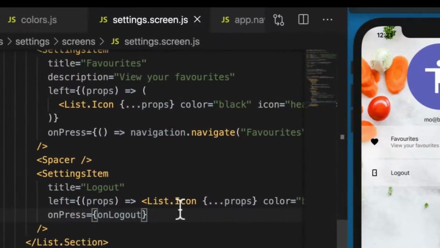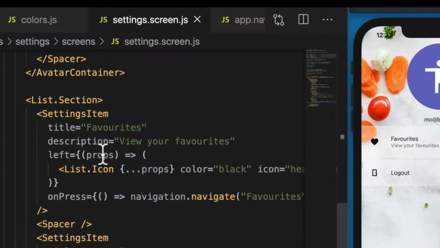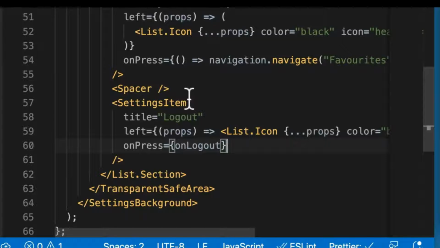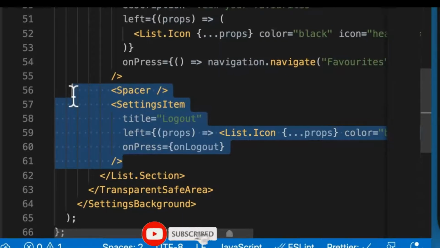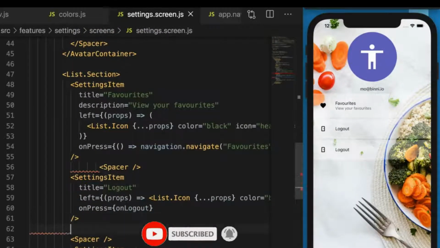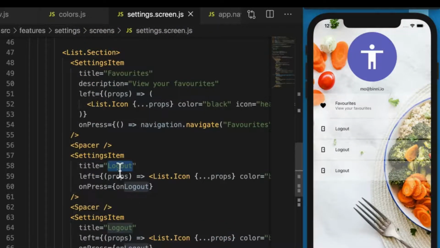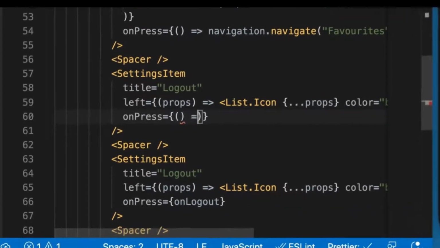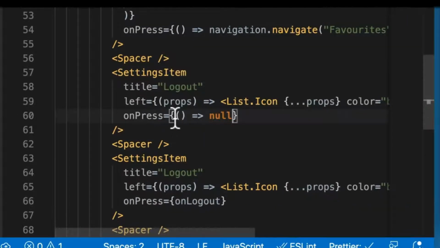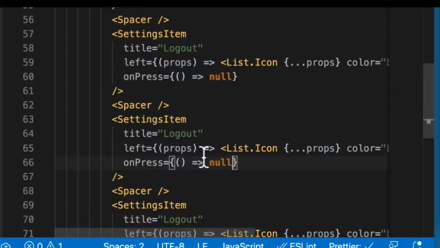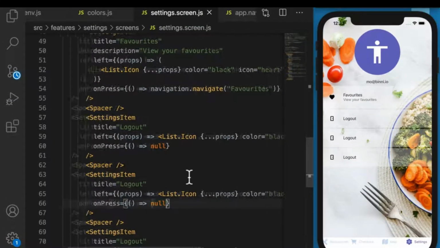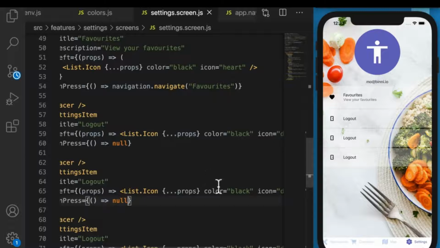But then the designer comes to you and says, aren't we building the payment and the past order soon? Aren't those coming pretty soon? And you say, yeah, those are coming pretty soon. Well, could we put the items in the list just so that we know? And you say, sure we can. We definitely can. And so what we do is we go ahead and add some more items with spacers between them. And instead of them calling on logout, we temporarily make them call null. And by calling null, now they are able to be on the screen, add some more real estate,